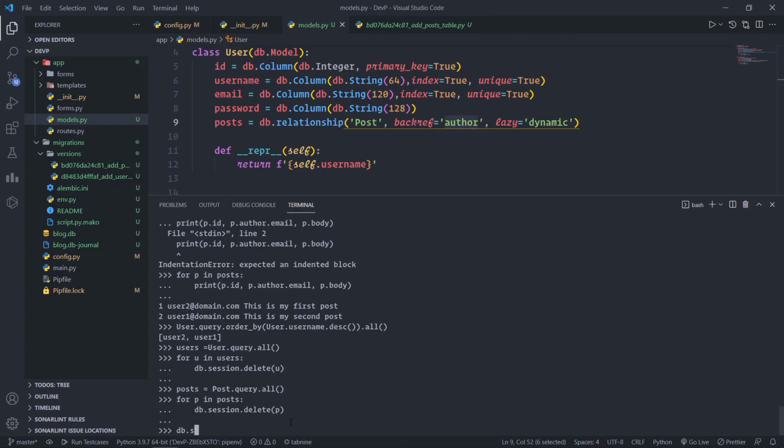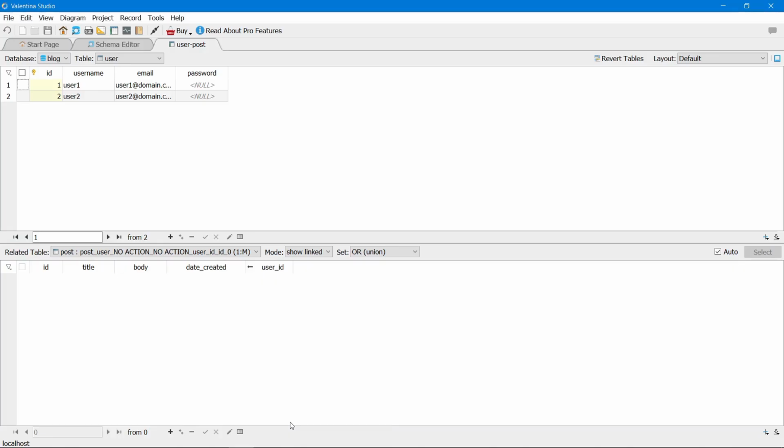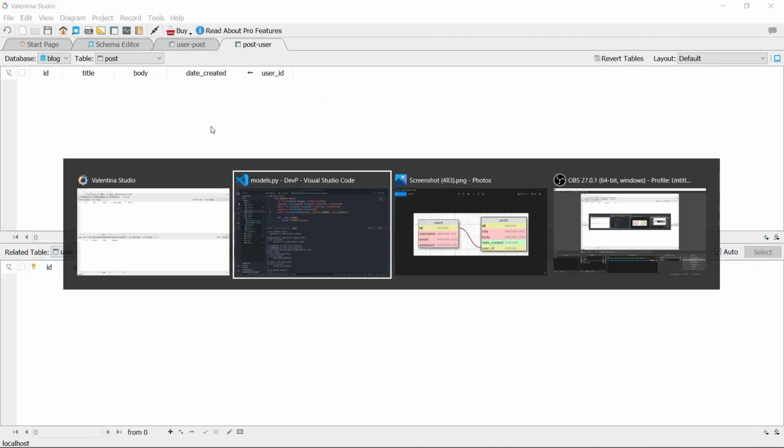Now, after we delete all this, we need to commit these changes. So for that, db.session.commit. And now if we see our database tables, it should be clean, hopefully, and it is clean. The user table is clean, the post table is clean.